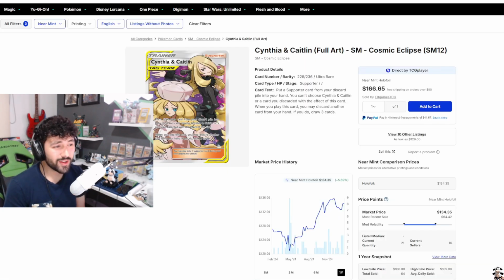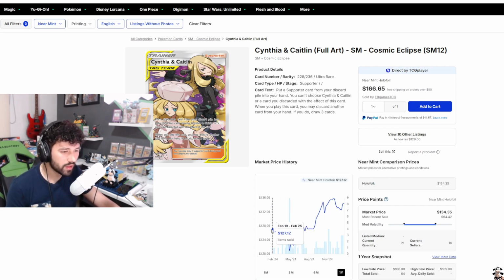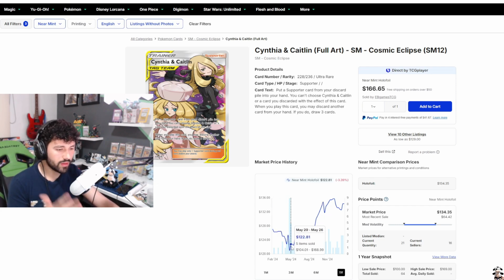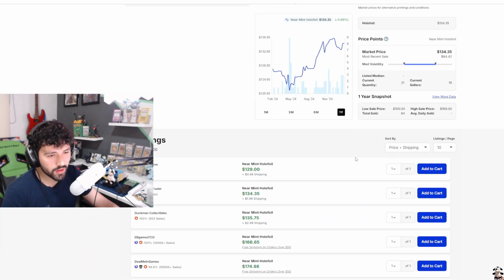Next up, we got Cynthia and Caitlyn Full Art. So this card has actually been going up for the past year. It's up 5%. It did dip down to around that 122, 120 mark. Even a couple sold at 100. But most recently, it has been selling for around 136, 150, 130. So around that 130 mark is pretty fine. The cheapest one you can buy on TCG Player is